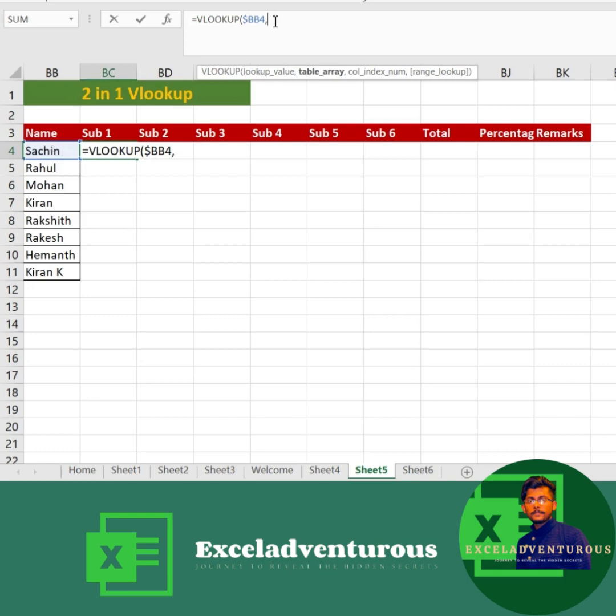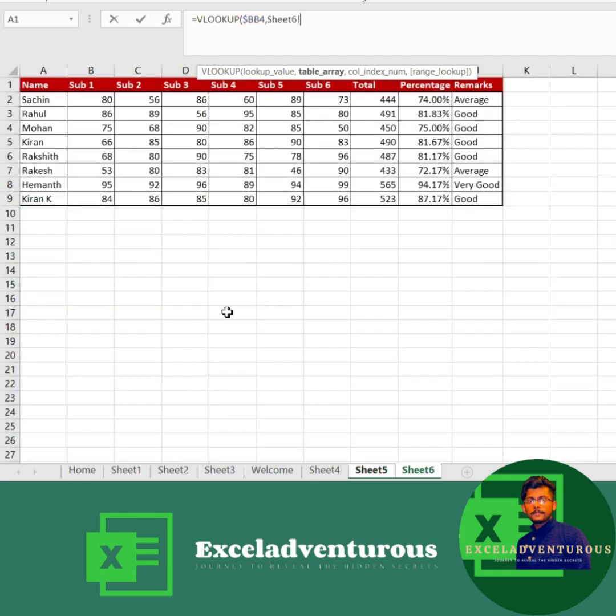And then for the table array, we are taking the data from here to here, so we will lock this entire table,